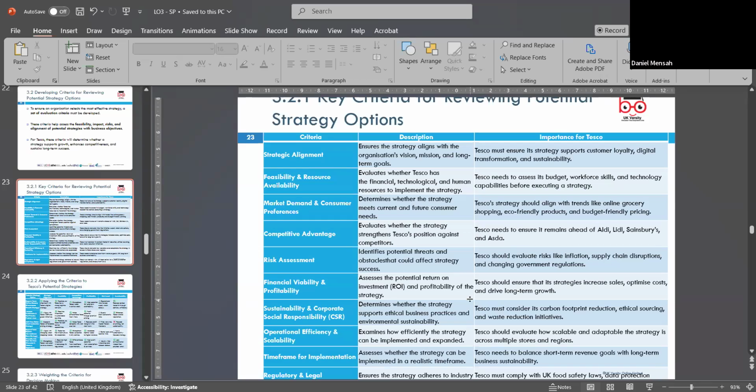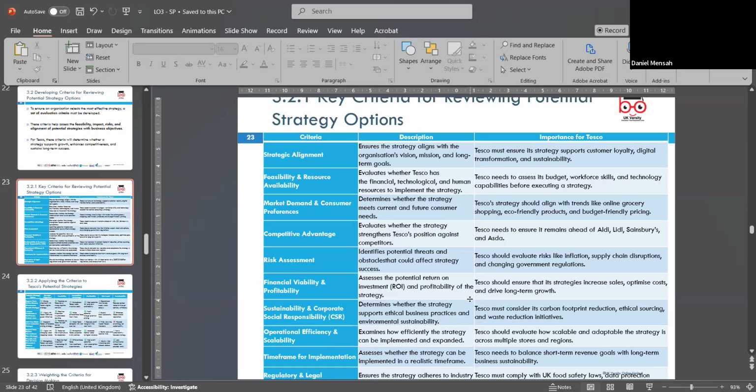Strategic alignment: you just try to ensure that whatever strategy you are going to use is connected with your vision, mission, and long-term goal. Otherwise, it is a futile effort. Feasibility and resource availability: if a strategy is there, but you don't have the resources, then this is again a useless effort. You need to plan your strategy around your resources. Again, feasibility: you need to check that there is enough demand for whatever you are going to do,